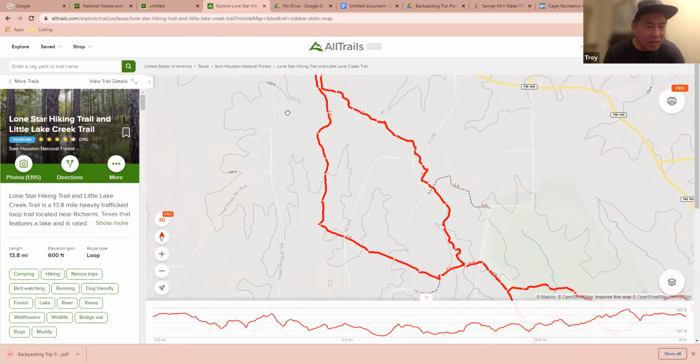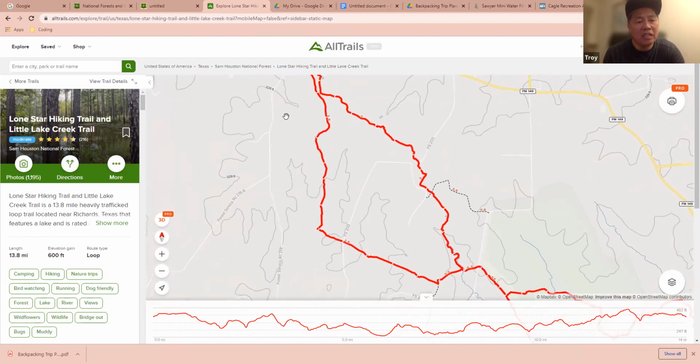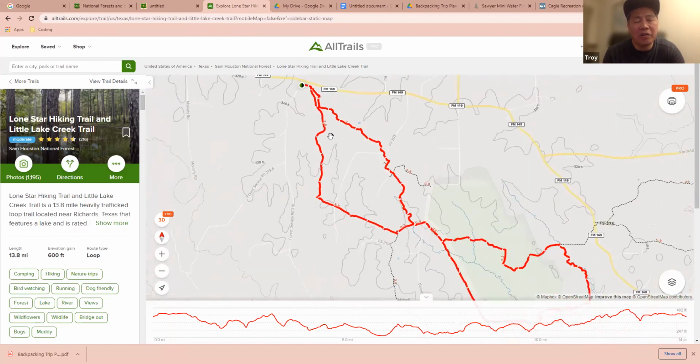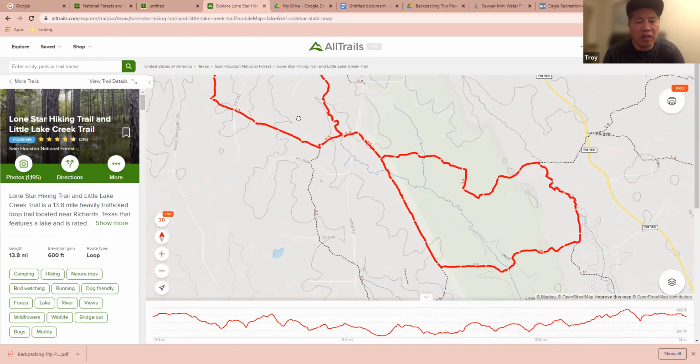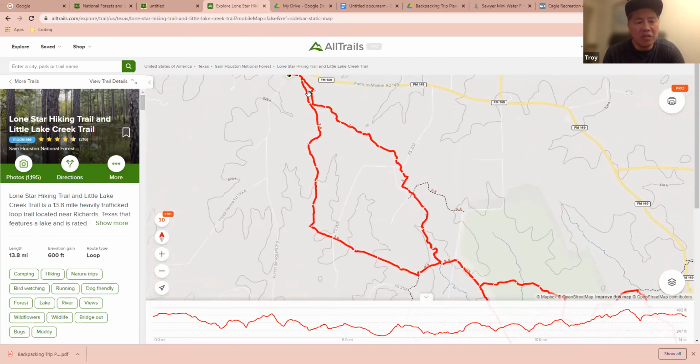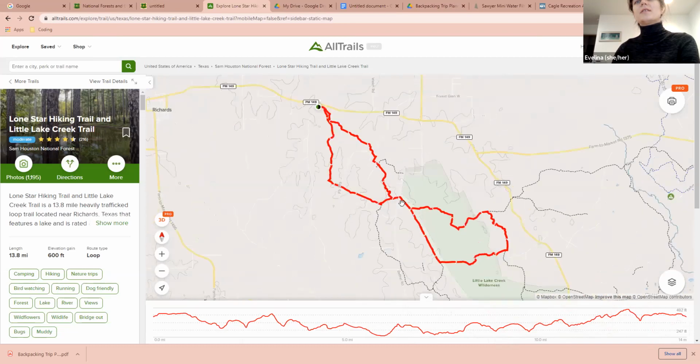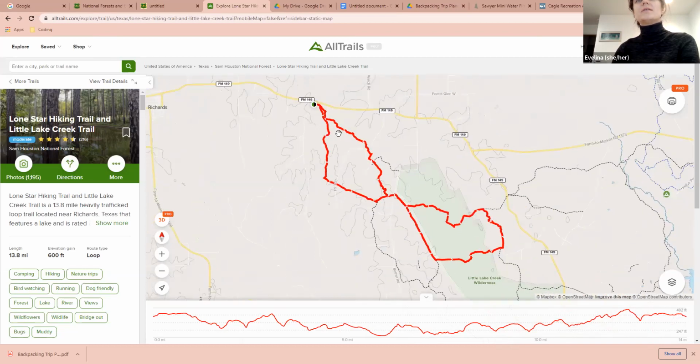It's about 13.8 miles. I don't know if that's too long for you, if you were looking for something shorter, like 5 or 6 miles, I would probably just do this loop right here. It'd be like half, because this would be the second half. So I would just do this, let's say.